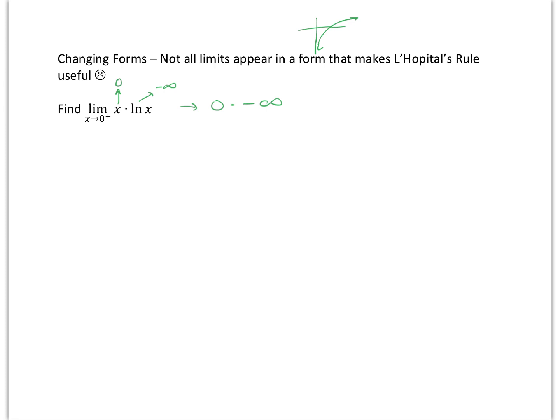Okay, so the values are approaching 0. These values are approaching negative infinity, indeterminate form. So I don't know what this product is. You might think that it's 0, but it depends on how fast this goes to 0 and how fast this goes to infinity. Because multiplying things by something really small tends to make them smaller, but multiplying things by something really big tends to make them bigger. So we have a tug of war here between the things going to zero and things going to infinity. So instead of doing some fancy algebra to try to simplify this, I am going to rewrite